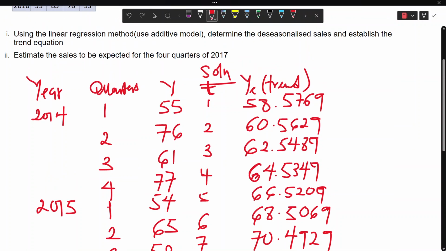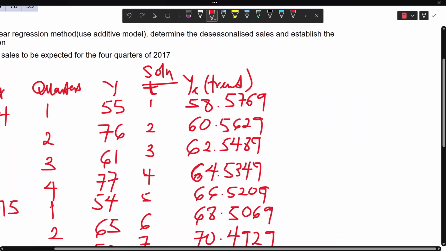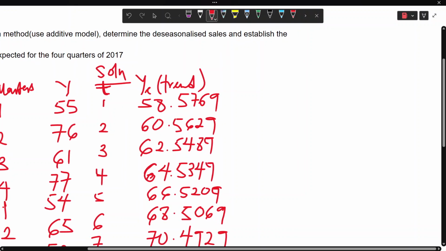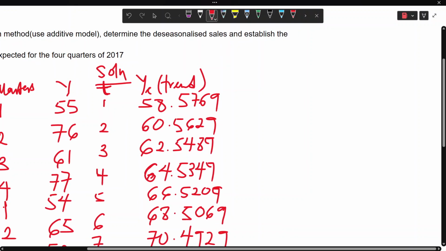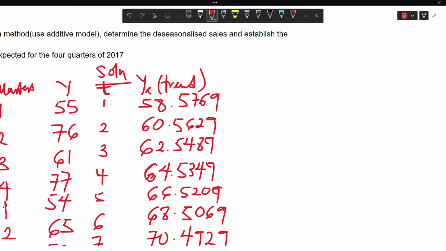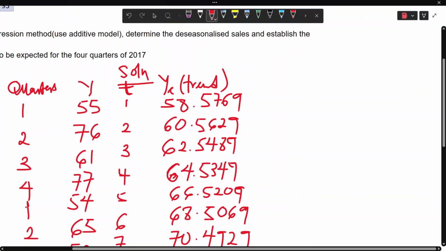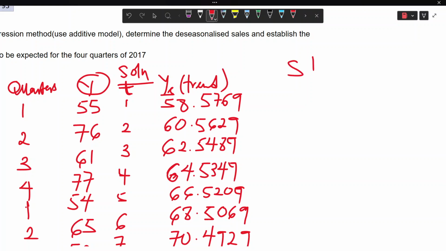Okay, so after getting your trend values, the next thing you will have to find is your seasonal index or your seasonal variation. Under the additive model, your seasonal variation is given by your actual y minus your trend values. So now let's find our specific seasonal index. For the first one, we have 55 minus